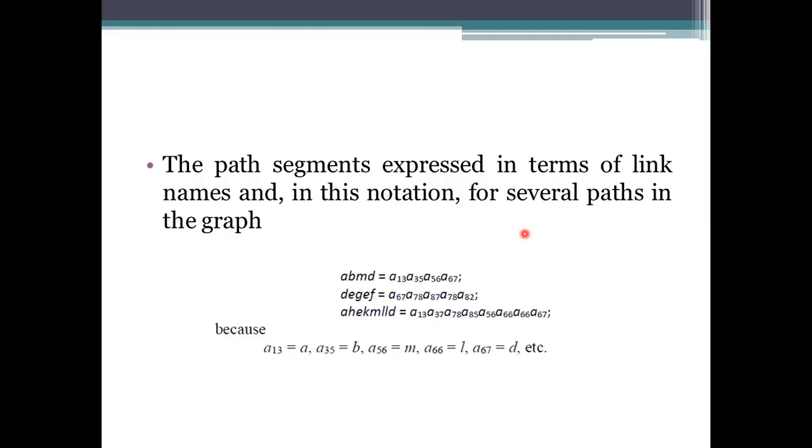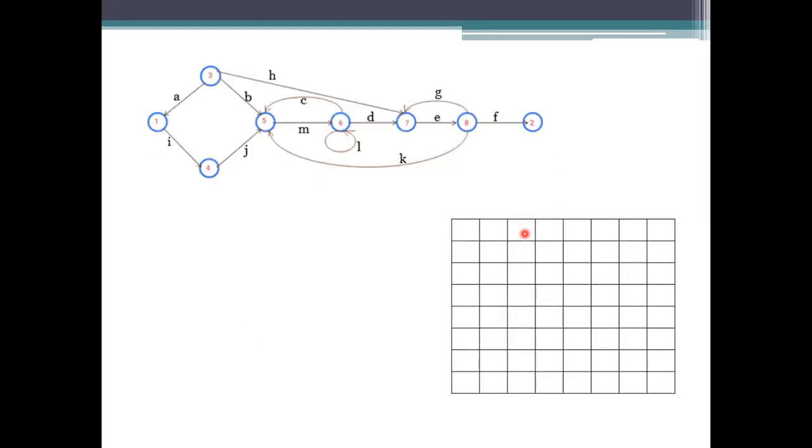And if you want, as said, we can simply provide the path segments in the notations. How we provide the path segment is to simply specify the name of this path we are considering, using the link names. Simply specify ABMD. ABMD is the path segment.